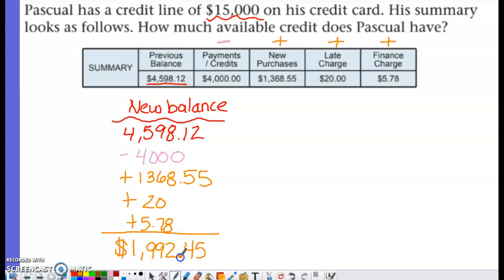$1,992.45. Over here, they're not asking for the new balance, they're asking for his available credit. So this is how much he owes the credit card company. They said he could owe up to $15,000. So to find his available credit,